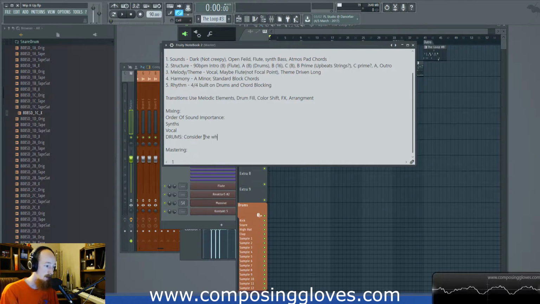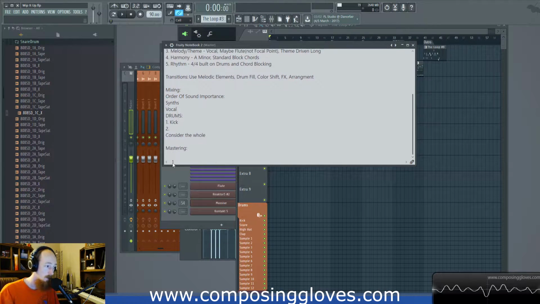And this just means I'm going to process my whole drums just through a bus. Or maybe I'll do a kick separate and then my snare separate. And then I'll do the rest through consider the whole, meaning the rest will go through a bus and they'll be bussed with the kick and snare. You know, you get really specific, but you write it all out. And this just really helps you sort of pinpoint how you're going to start, where you're going to go, how you're going to do it. And I have a whole series on how to do mixing. So I'm going to largely leave mixing out of the equation for this.